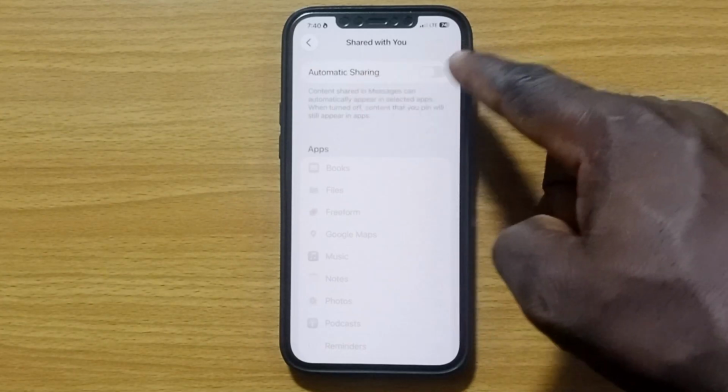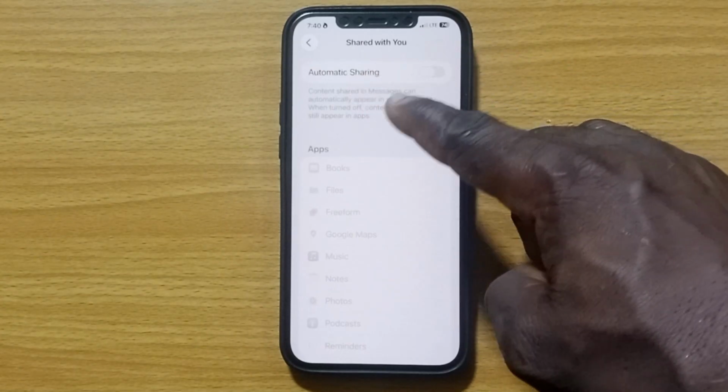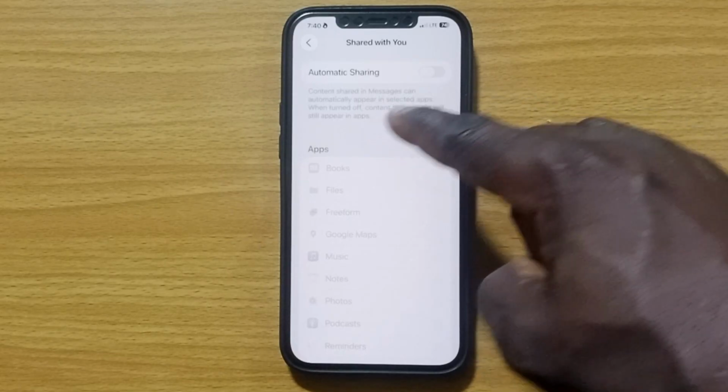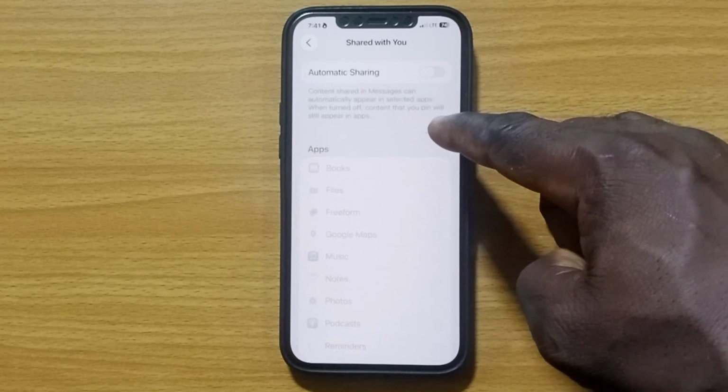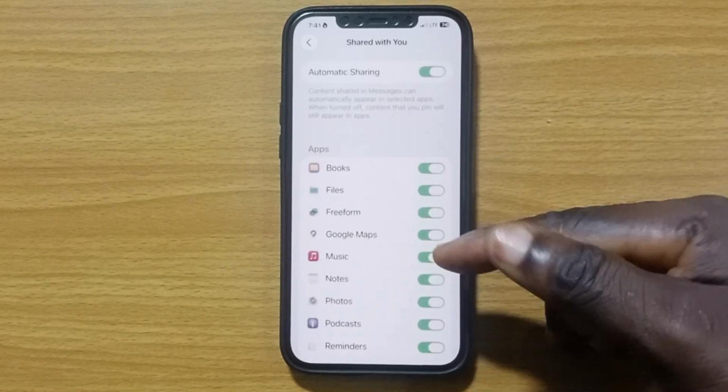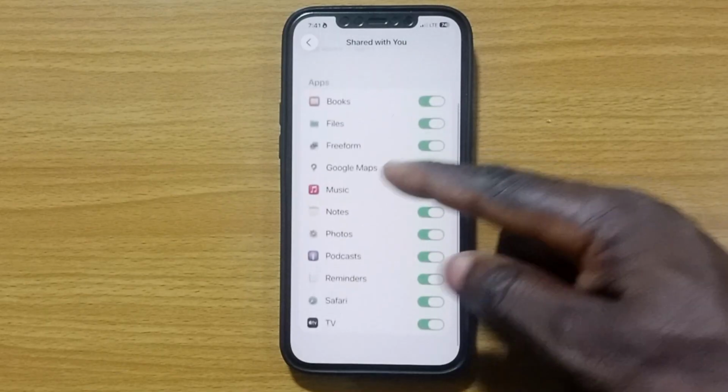Automatic Sharing: content shared in iMessage can automatically appear in selected apps. When turned off, content that you pin will still appear in the app. So tap on this button. So here are the apps you can share